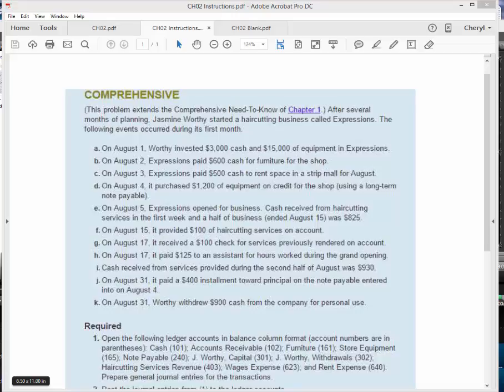Equipment. The business now has $15,000 worth of equipment. So what is equipment? Equipment is an asset. Okay, we're actually going to use store equipment as our title, and that is going to be increasing, so that means we're going to be debiting store equipment for that $15,000. Okay, Worthy gave both of these assets to the business, so now she has a claim of $18,000 on the business. So if we go look at the journal transaction,